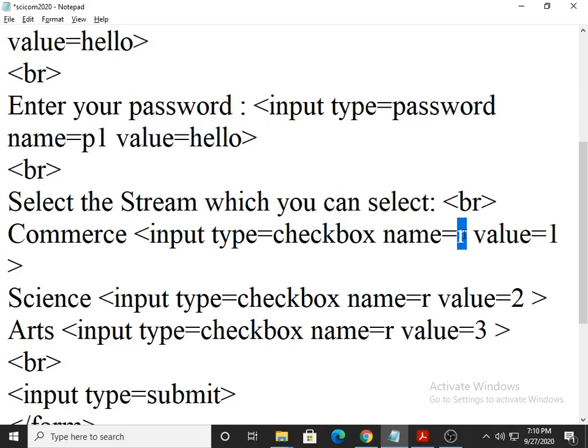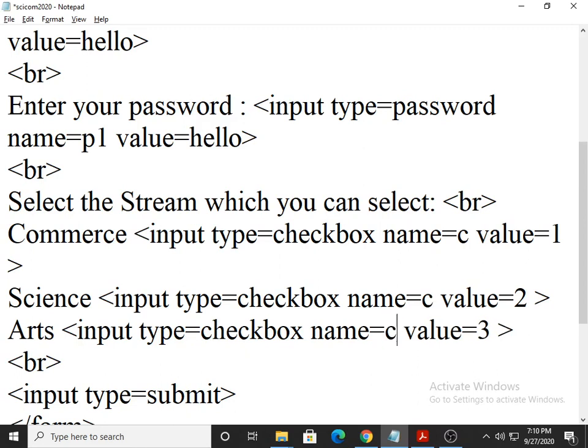In checkbox there is no condition. You can go for same name, you can go for different name. I don't mind. Result will remain same. Rule is same. Whatever you check, its value will submit. Clear? That part is as it is.